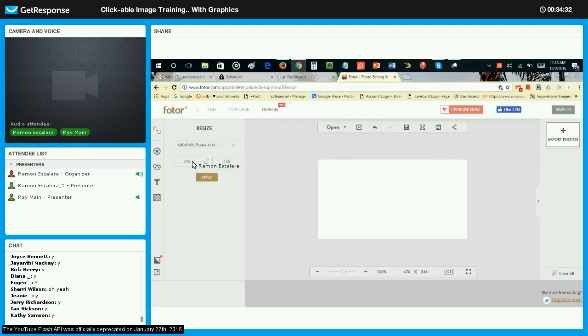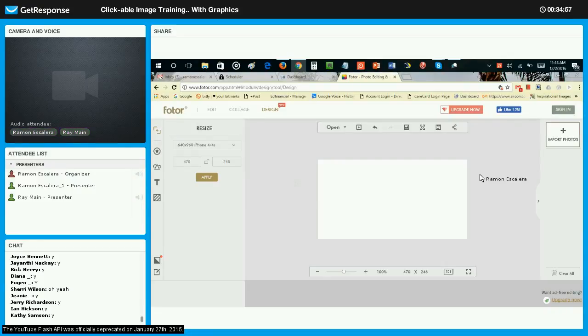So it's 470. Take notes now. 470 by 246. That'll be the size. This is the size we all need. This is the size for Google. This is the size for LinkedIn and Facebook. Really, Google doesn't really matter with Google, because they don't care what size you use there. LinkedIn and Facebook are the only ones that are more